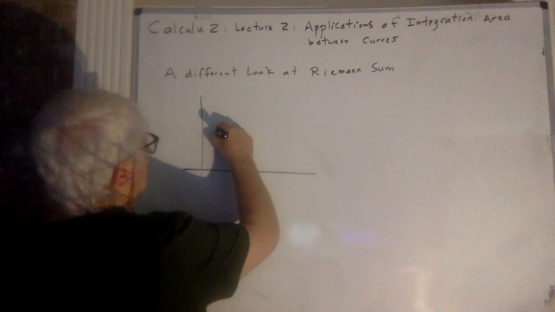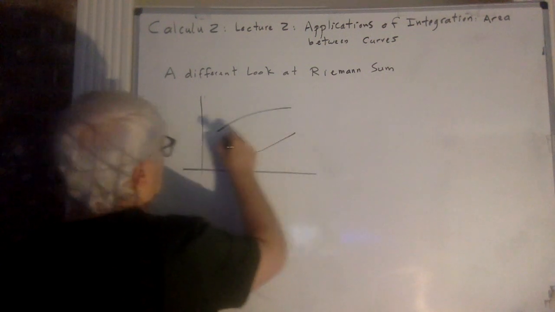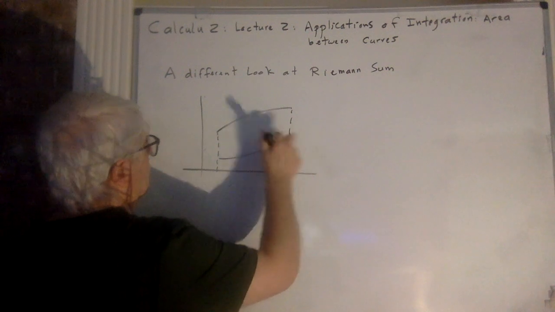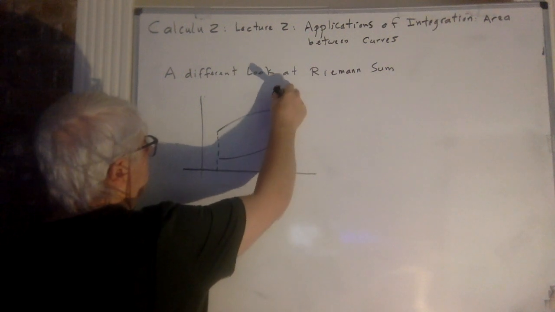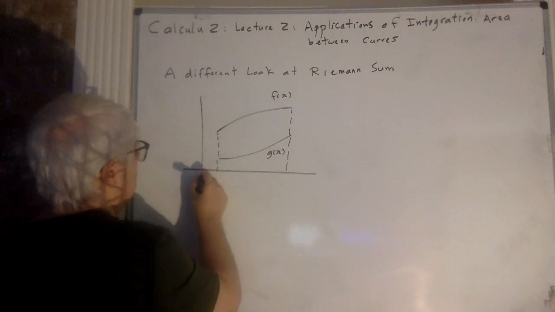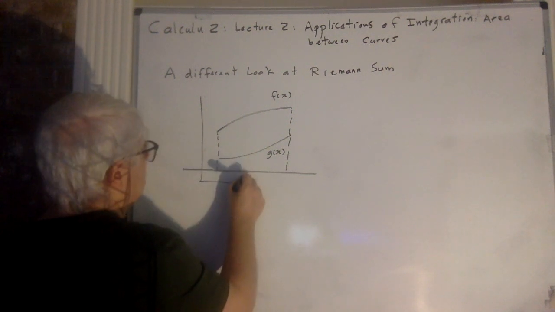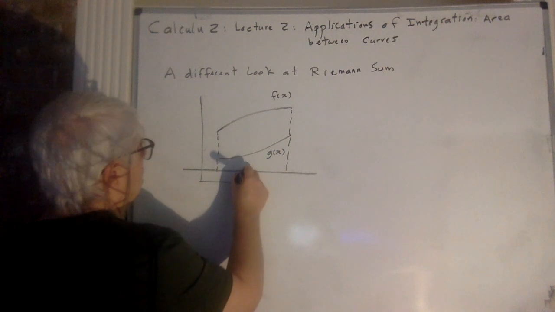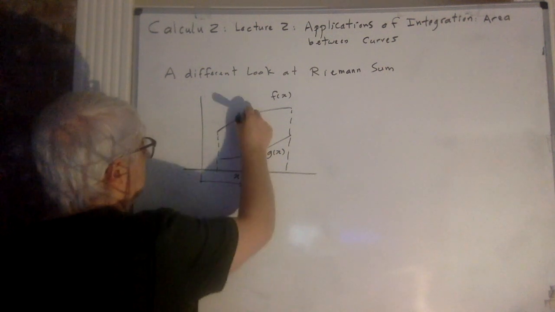Here I have two curves. This one is for f(x), say, and this one is, say, g(x). If I do the same thing here, if at point x I go forward by dx, then